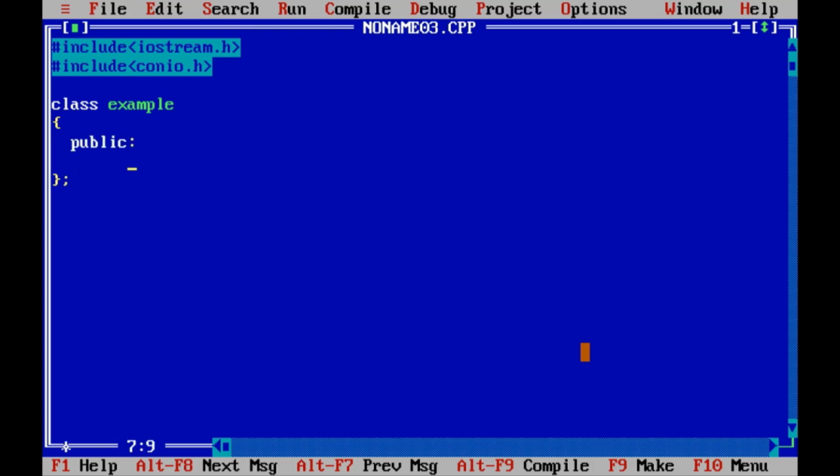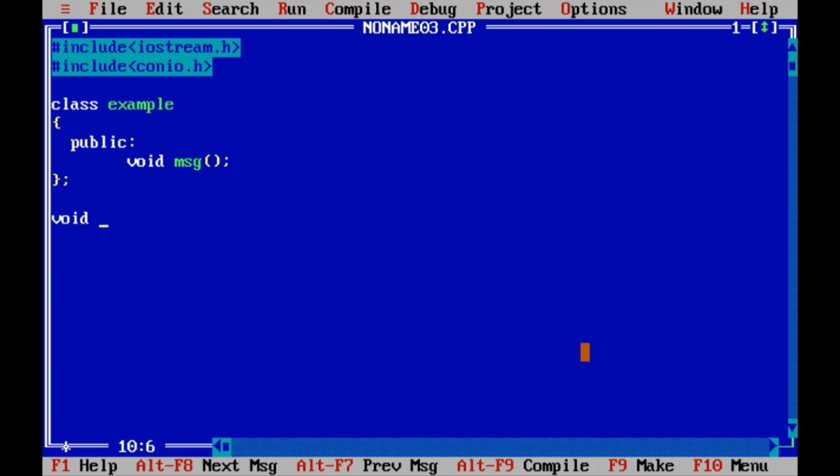Inside the class we have one msg function as public, but here we are giving just the declaration of the function, and outside of the class we are writing the body of the function.